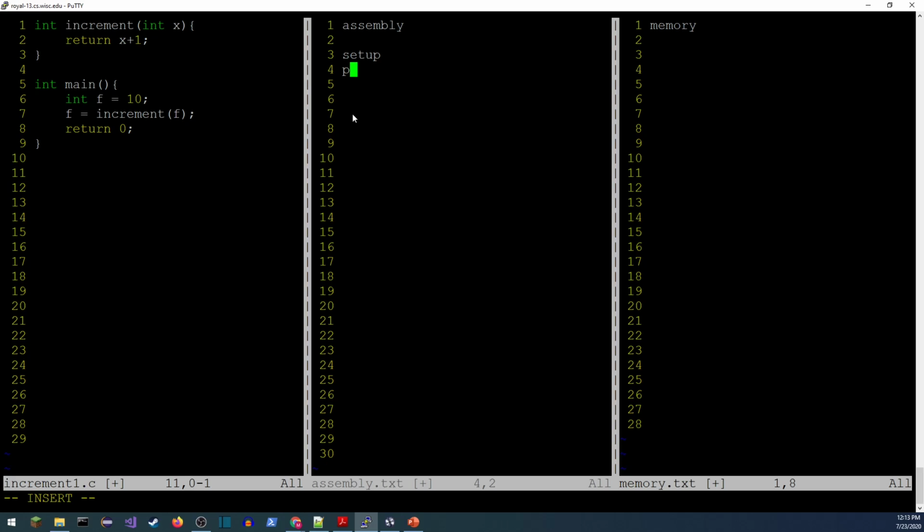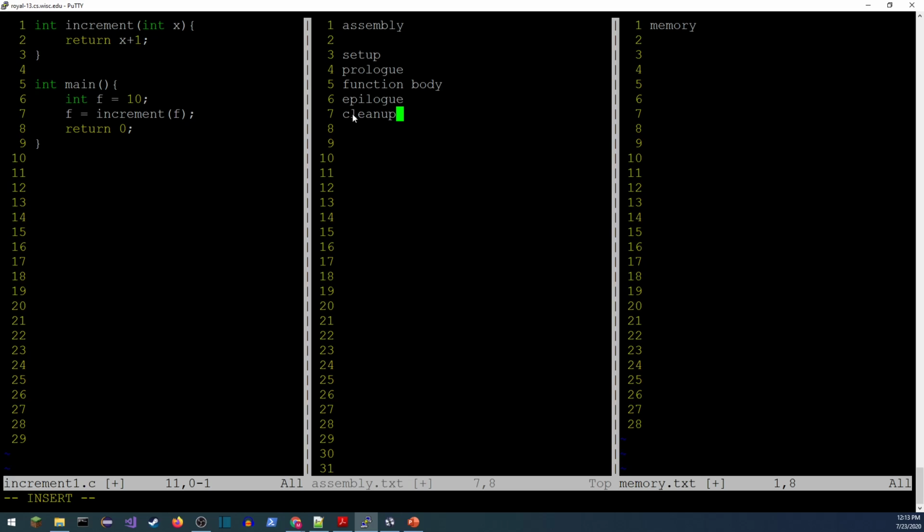We'll have a prologue. We'll set up the memory and get things ready to go. We'll do the function body. And then we'll have an epilogue. And that's going to go ahead and take care of making sure the return value's in the right space, that we've restored the stack, we've removed all the local variables we're using, that kind of stuff. And then when we get back, main also was going to have a cleanup or teardown phase before we move on.